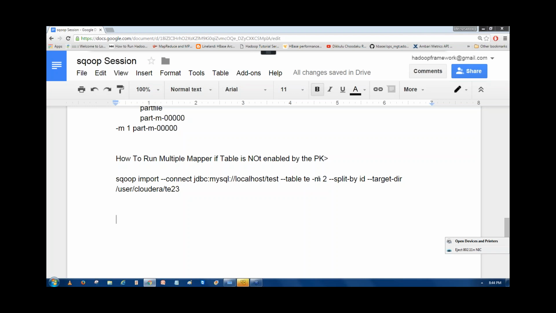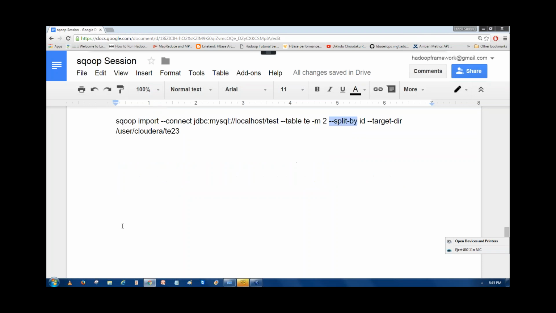When you use multiple mappers for a table which is not enabled by the primary key, we have to specify how you want to split the data. Suppose the table has ids like 1, 2, 3, that's fine, because with an id we can easily divide the rows among multiple mappers.